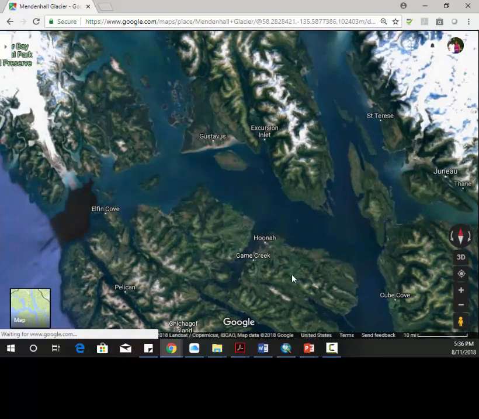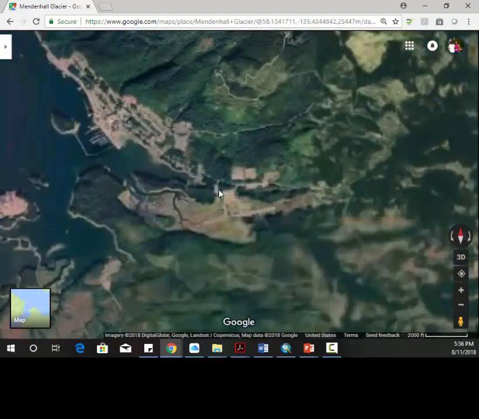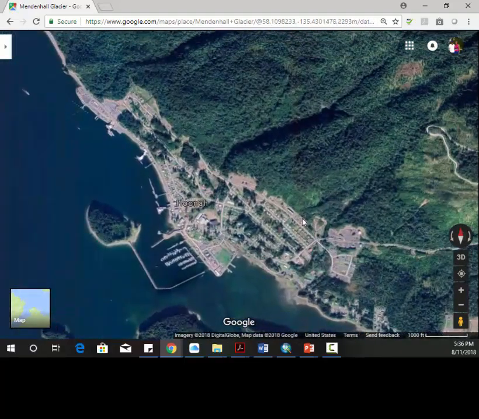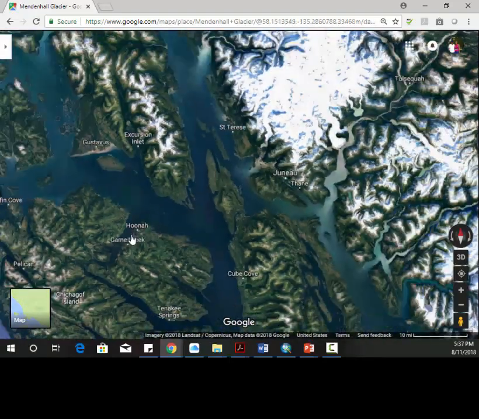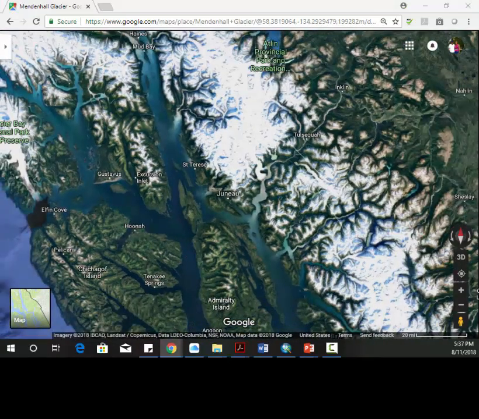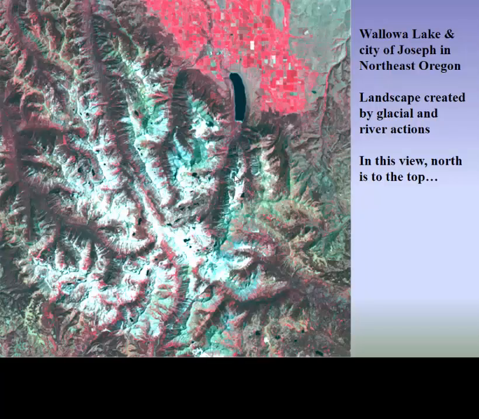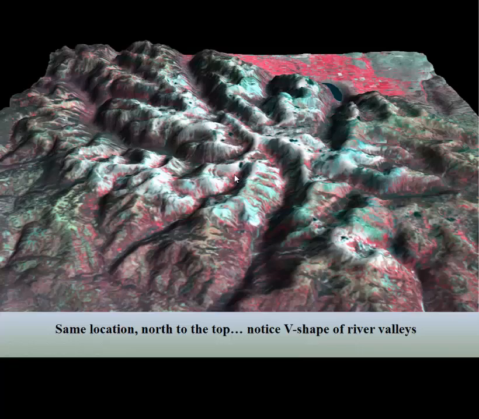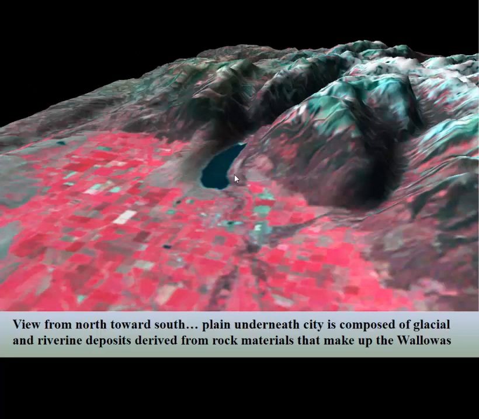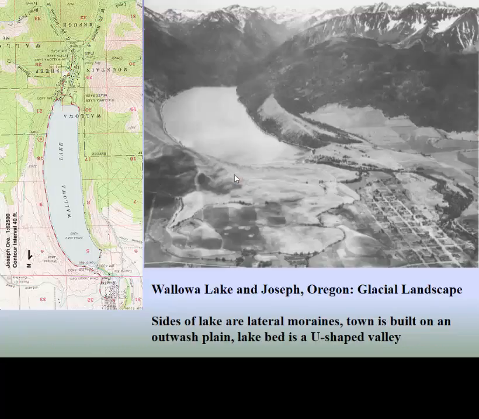In the 1700s, most of the people who lived in the towns here actually moved over to the other side of the bay, and this is a town here with a large indigenous population. So while I'm here, and that's about it. This is Wallowa Lake here. You can see some of the V-shaped valleys